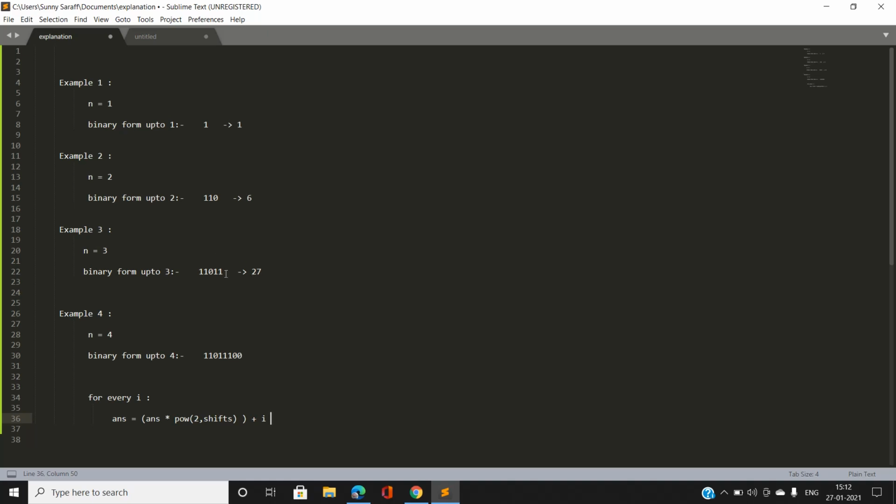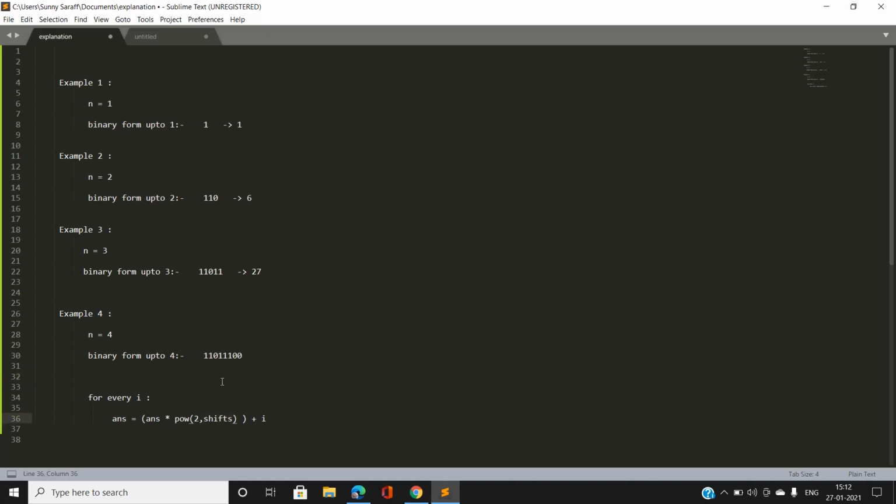Suppose we have n equal to 3, and suppose the current value of i is 4. What we are going to calculate in this step is the previous value up to i equal to 3, which we have stored in the answer, that is 27. And now we are going to calculate 2 power shifts. Now what is the meaning of this shift variable?